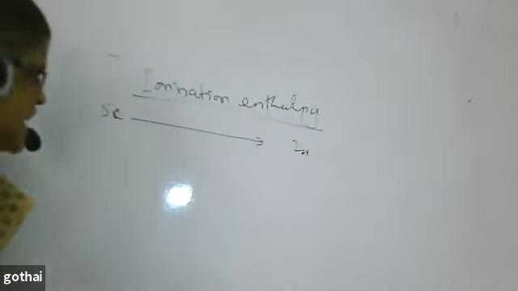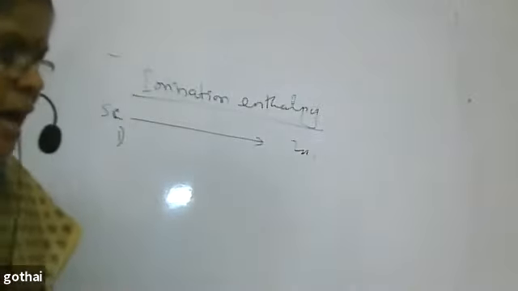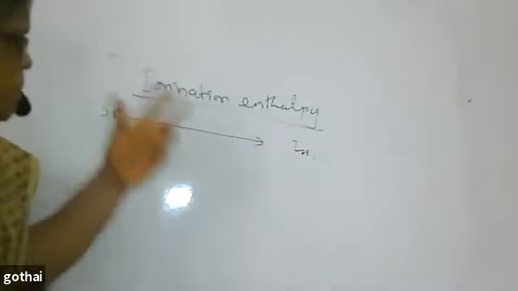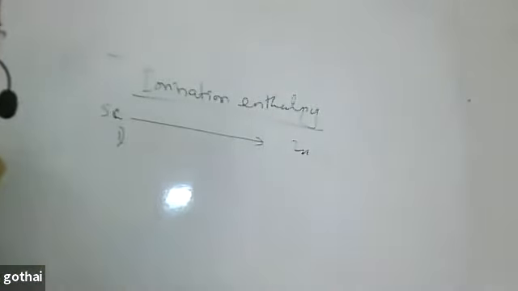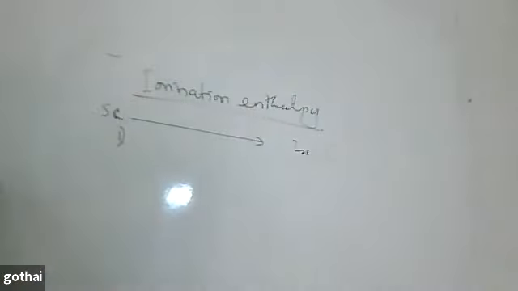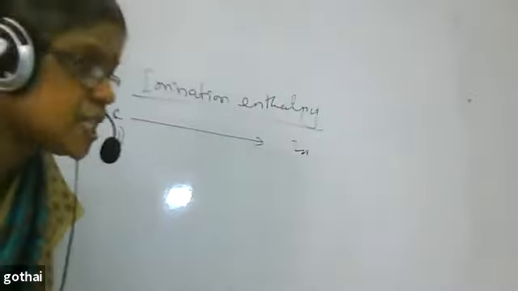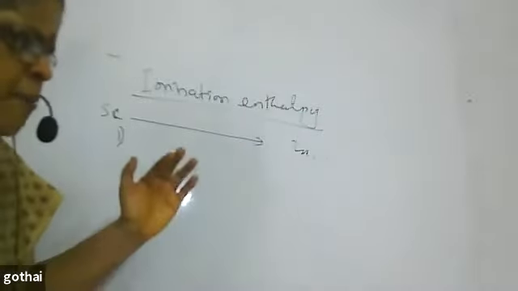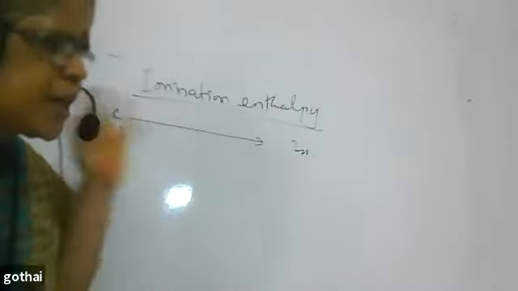But the first question being asked is, the ionization enthalpy of 3d series of transition elements is not regular. That's the first question. It is not regular. We expect that from scandium to zinc there is a regular increase, but we see only a slight variation. We expect that ionization enthalpy should increase regularly, but we see that the ionization enthalpy of 3d series is not regular. Why? That is what arises.